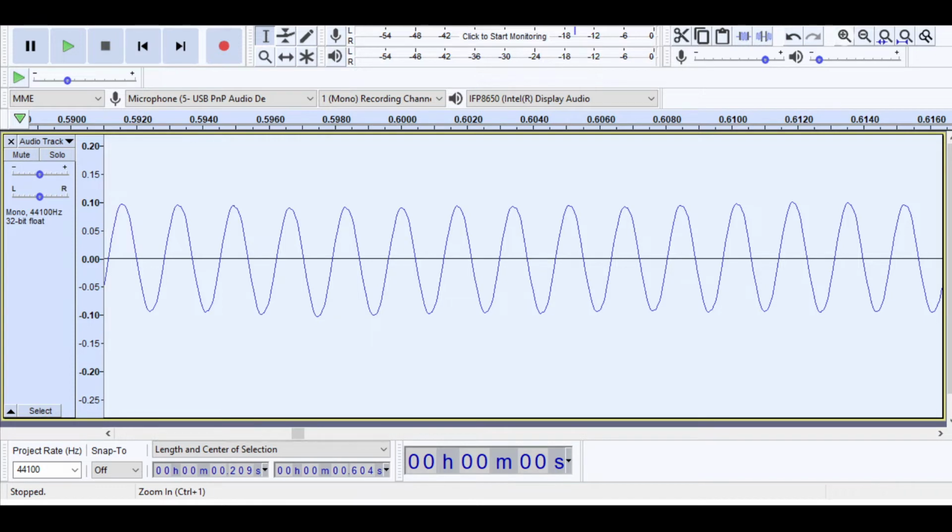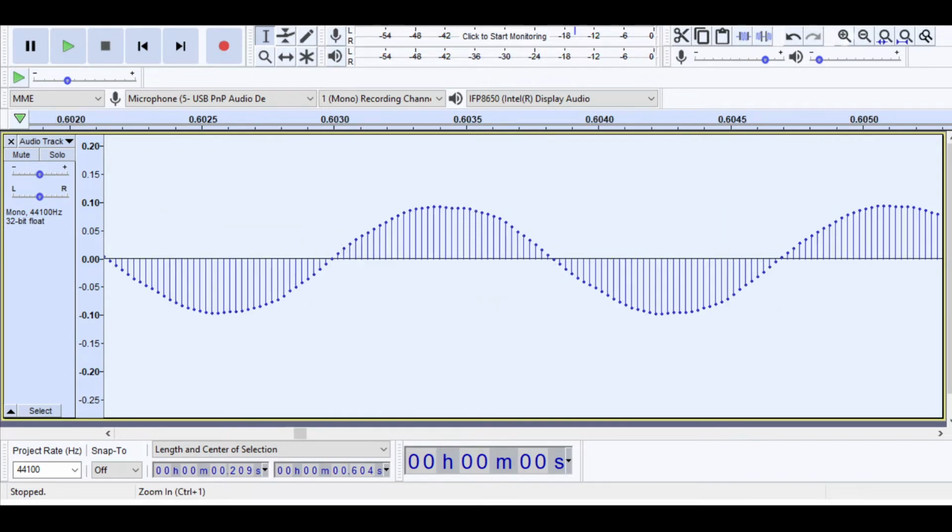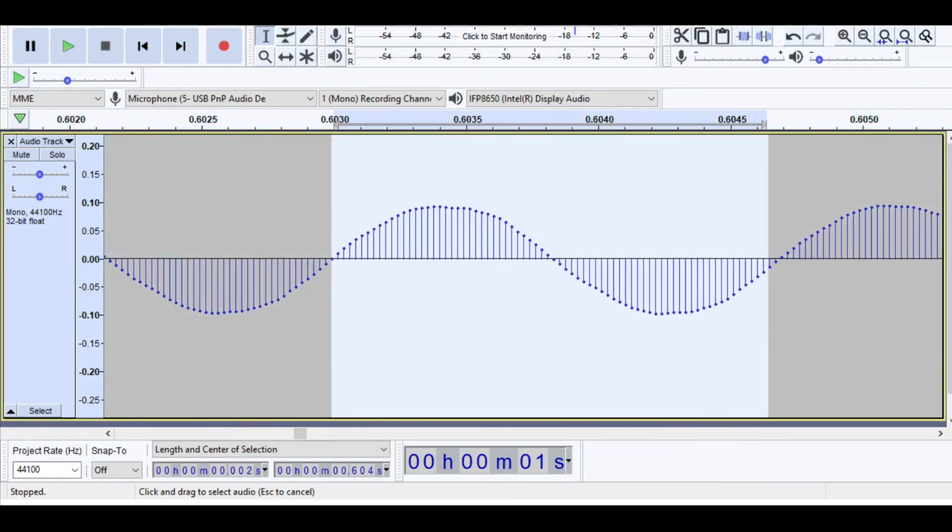Okay, now this is a graph. You might be thinking, well, sound is a longitudinal wave and this looks like a transverse. This is a graph of the sound intensity. Okay, right, now if we zoom right in, because what we want is the exact time period. So we're going to go from here to here. Now the amount of time